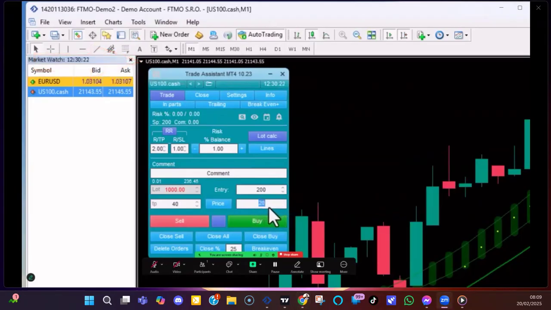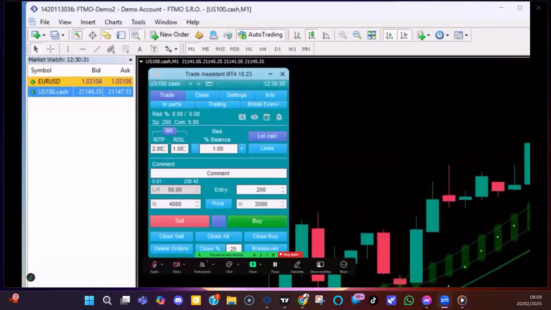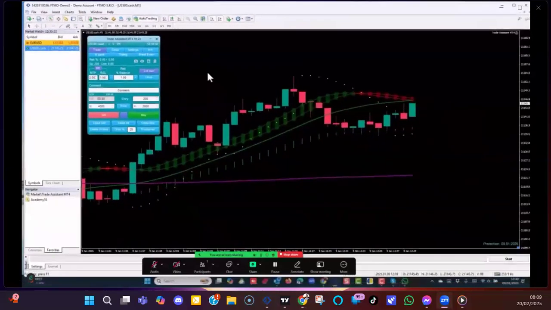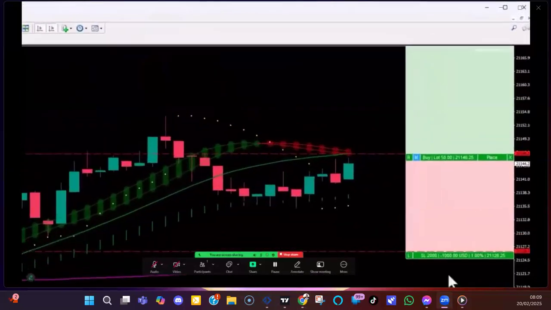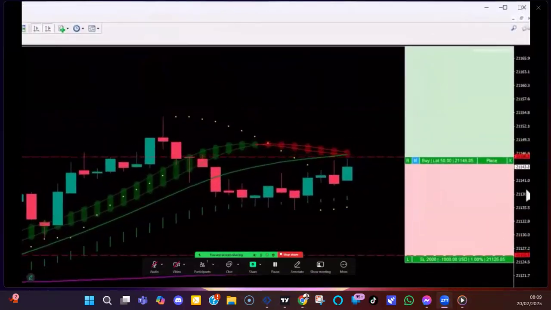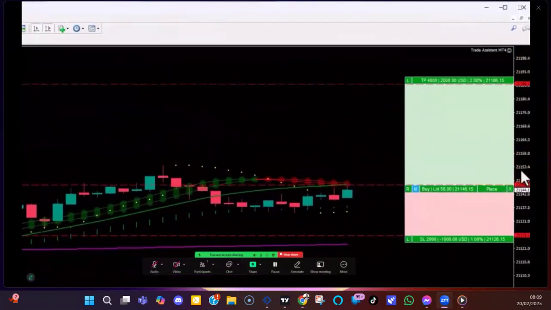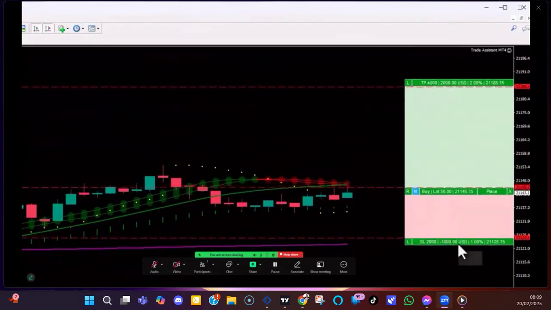So what we want to do here is come in here and type 2000. This is the equivalent of 2 pips on a commodity such as US 100. So now when I put the lines on, you'll see we've got the number 2000 here, and if I just zoom around, you'll notice the 2 to 1 still applies, 2000 and 4000 here,